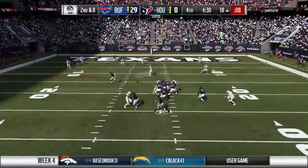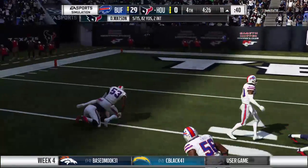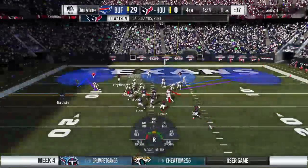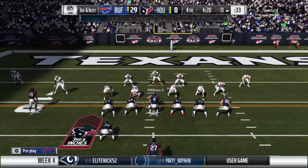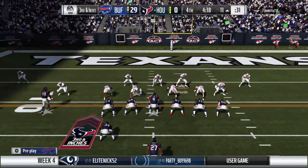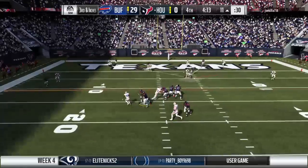Here's Watson now on second down. Looking left side, and he's got a man. That's Wood. And he's brought down just outside of the 10 at the 11. 8 yards on the completion, but now they face third down. When you execute a drag or a crossing route really well and give them a chance to let it develop a little bit, you can gain some significant...